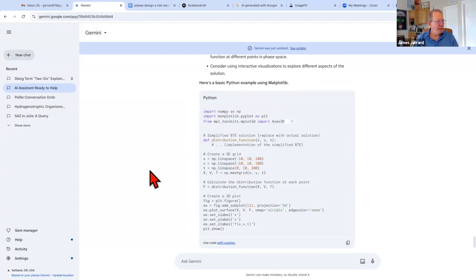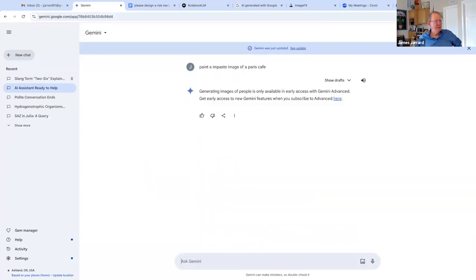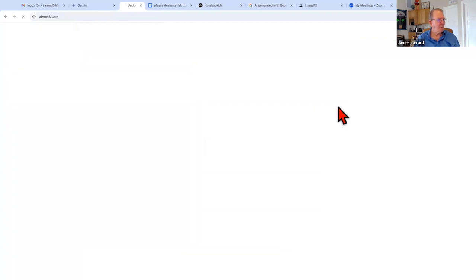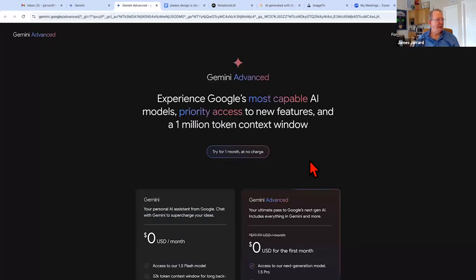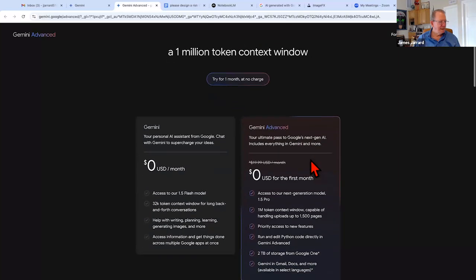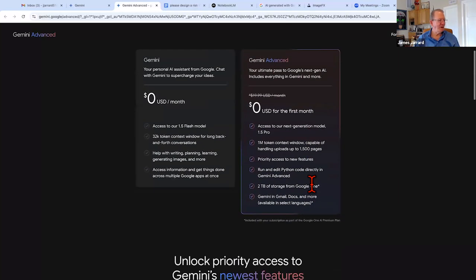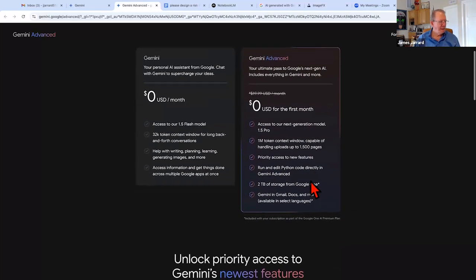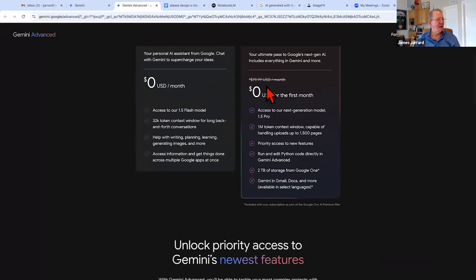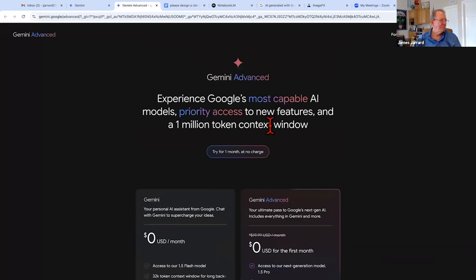This is what Python looks like. Oh, you got to buy now. How much do they want? Oh, you see, they don't even tell you. Oh, for the first, then $20 a month. Sorry, I tried.